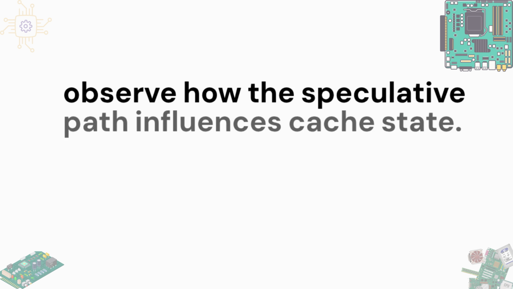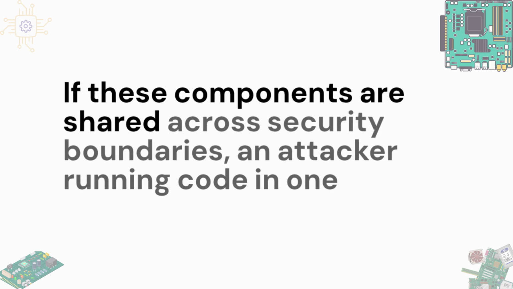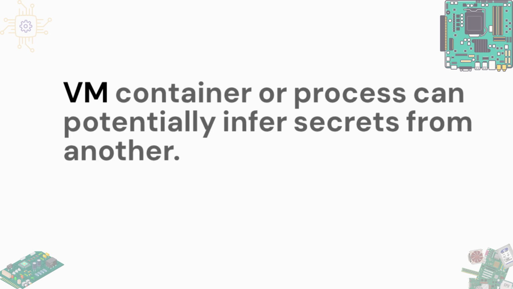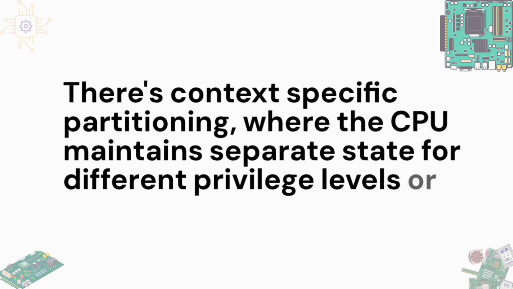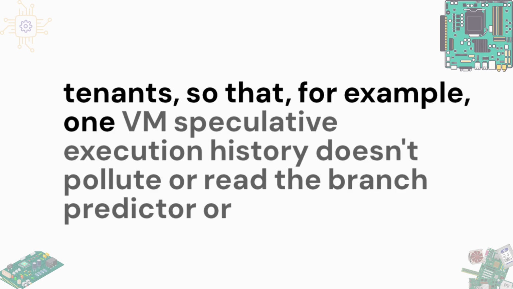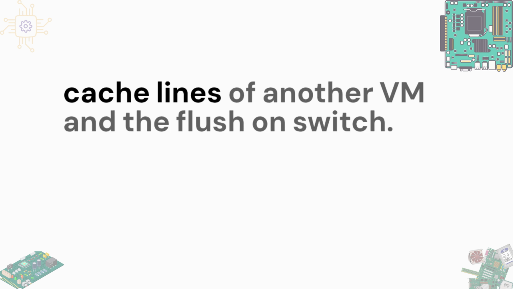Then observe how the speculative path influences cache state. If these components are shared across security boundaries, an attacker running code in one VM, container, or process can potentially infer secrets from another. There's context-specific partitioning, where the CPU maintains separate state for different privilege levels or tenants, so that, for example, one VM's speculative execution history doesn't pollute or read the branch predictor or cache lines of another